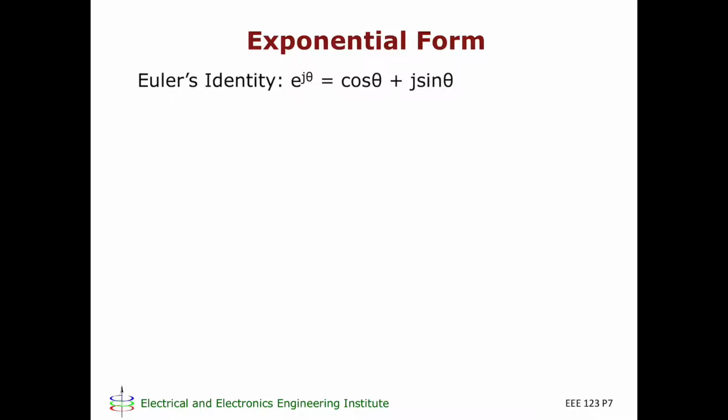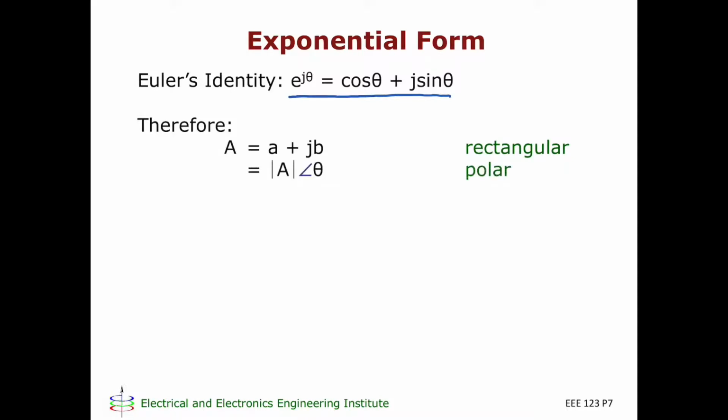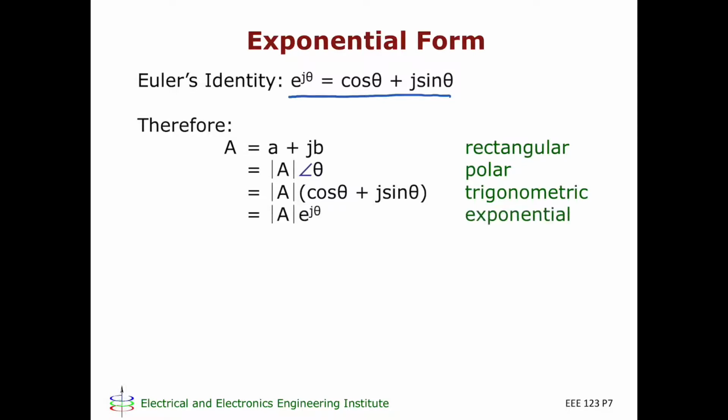The exponential form of a complex number is very closely related to the polar form. It is based on Euler's identity, which is shown here. Thus, if you have a complex number a plus jb, which in polar form would be magnitude of a at an angle theta, and in trigonometric form equal to magnitude of a quantity cosine theta plus j sine theta, in exponential form, that would be magnitude of a e to the j theta,